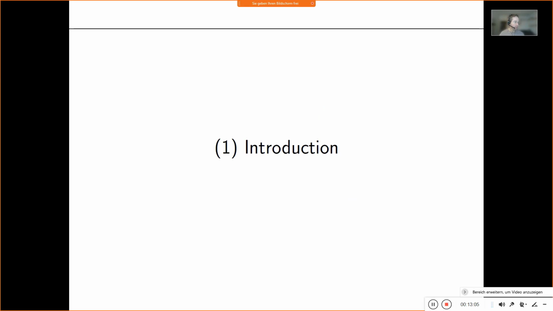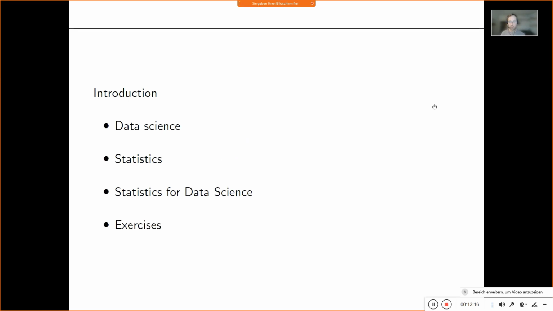Today we have the first session, and of course it's an introductory session, so I assume you had many introductory sessions already this week. So I will go a little bit about what or where I see this course, Statistics for Data Science, situated in the bigger picture of data science. And then, of course, another important thing today is to discuss the formalities of the course so that you know what you have to do to get your credits for the course Statistics in Data Science.